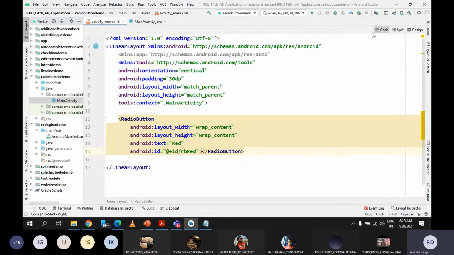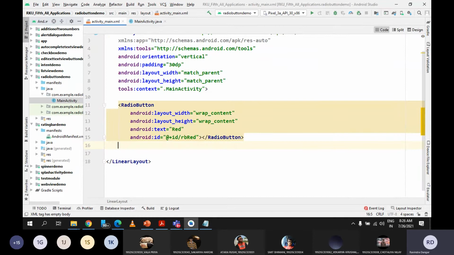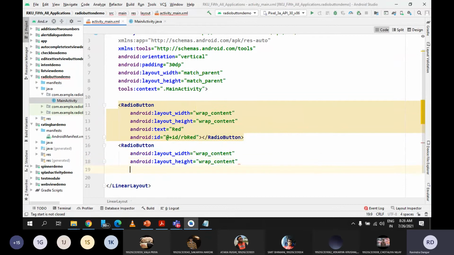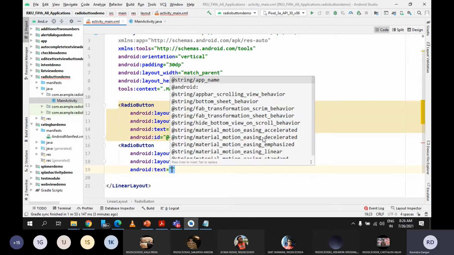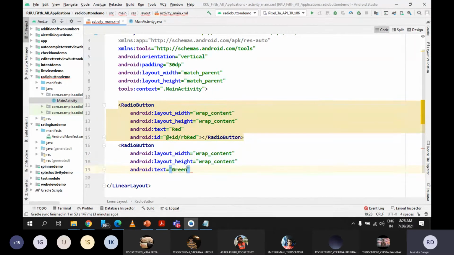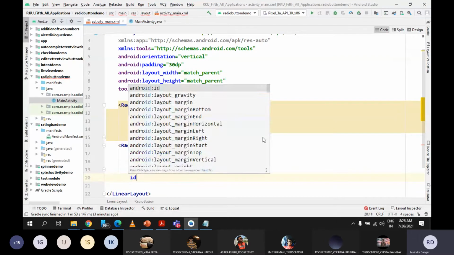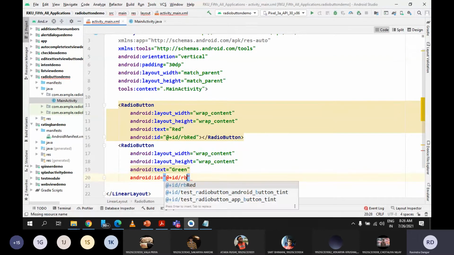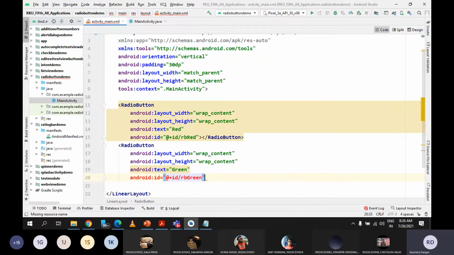Similarly, let me place one more radio button. Again I want to set width and height, which is wrap content. Let me go with text, and let's give green. Similarly I want an ID also for the second radio button, where I can give rb green.